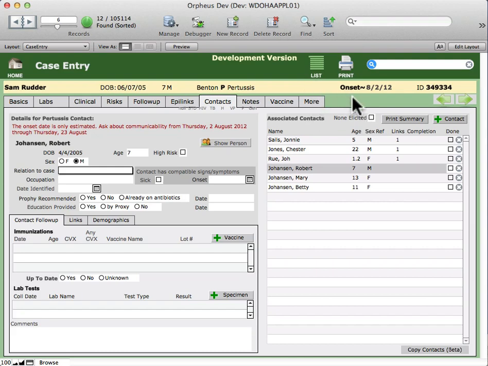This will be a short lesson on how to use the contact duplication feature. This is a really useful feature when you have a situation like the Pertussis outbreak that's happening here in summer 2012, where you'll have a lot of contacts that you enter for a case and you need to duplicate them for another case. So for example, if we're taking a look at the contacts tab of this particular Pertussis case